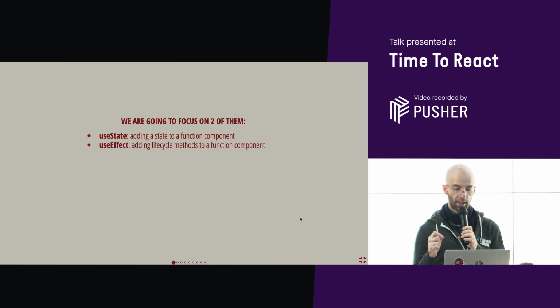The first one allows us to add state to a function component, which is pretty cool. I think everybody who has used React for a couple of hours, not even being a junior, knows that before you could get state only in a class component, not in a function component, not any longer. useEffect will allow us to mimic most of the convenient lifecycle methods, so that is also nice to know.